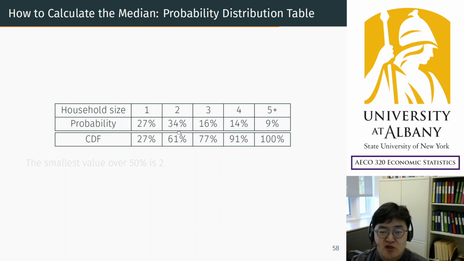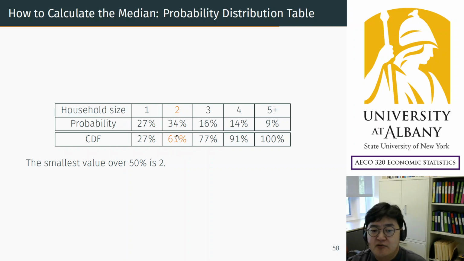And what you can do here is, first, remember the CDF, the cumulative probability, must be greater than 50%. So this 2 is the median. Of course these other values also satisfy greater than 50%, but it is easy to think about this. The other probability will be greater than 50% only at this point. So you can think of it as the smallest value, closest to 50%, among the values that have CDF greater than 50%, right? So the smallest value above 50% is the median, right?